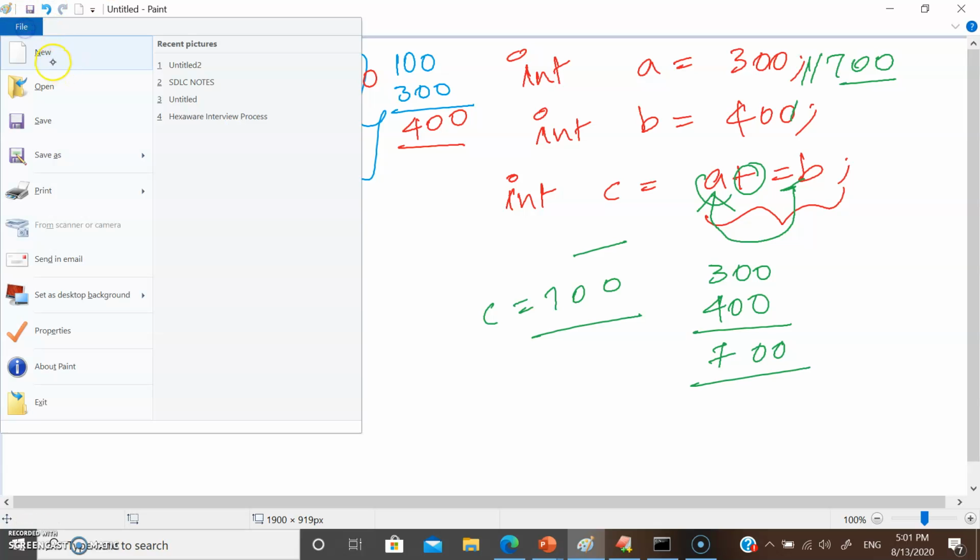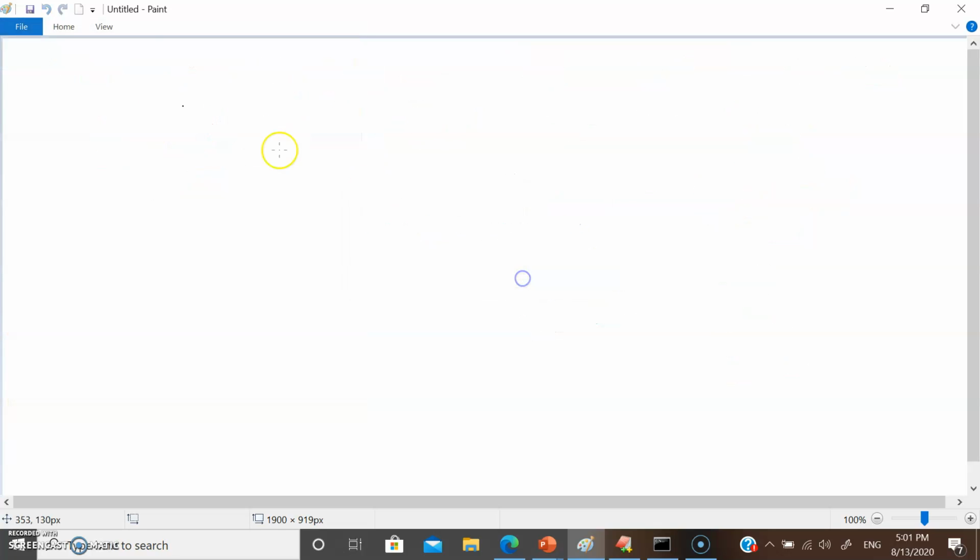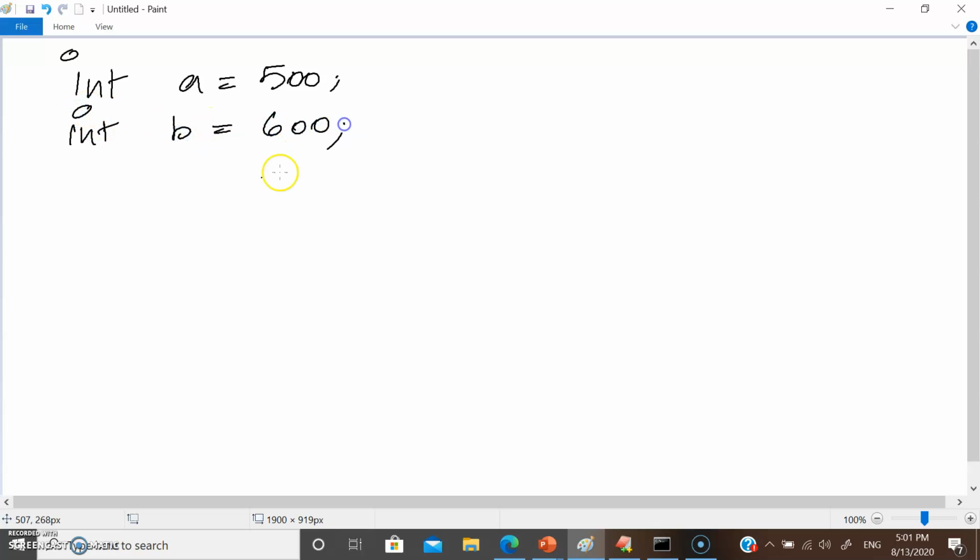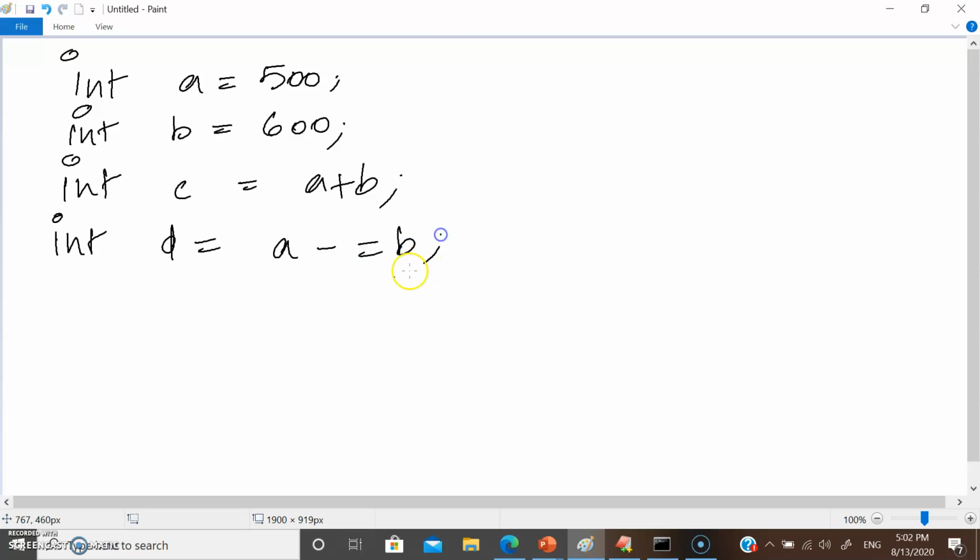Let's take another example. Int a is equal to 500, int b is equal to 600, int c is equal to a plus b, int d is equal to a minus equal to b. Now let's see.